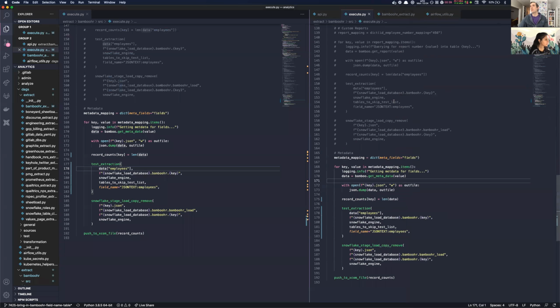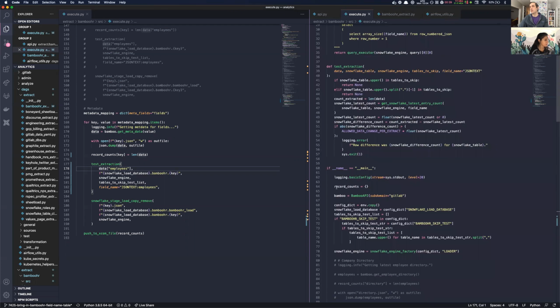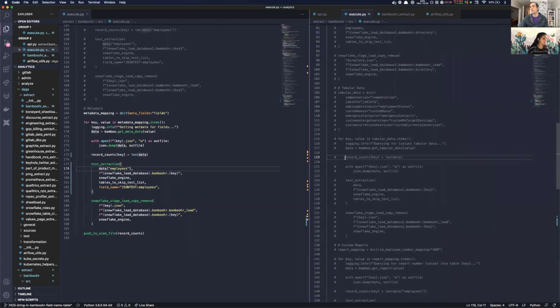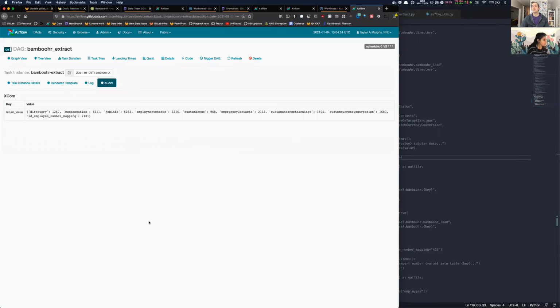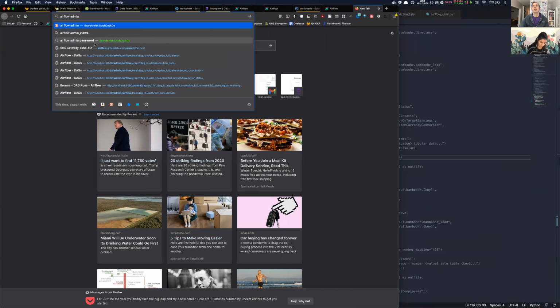What we're building in this script is a dictionary. We have record counts here, and in each instance he's setting the key to whatever we've set, and the value to the length of the data. And this is used, I think, when we're getting